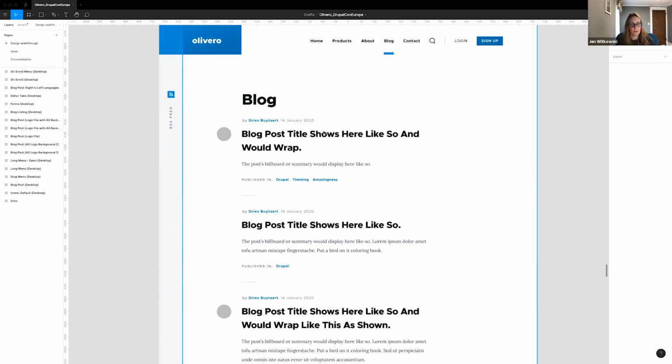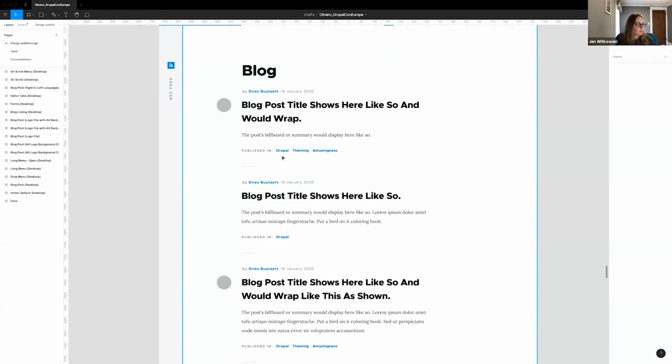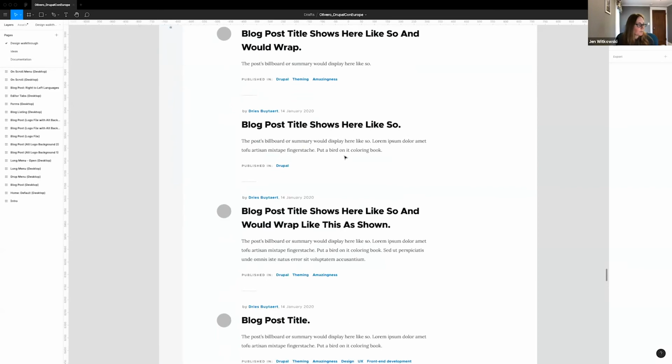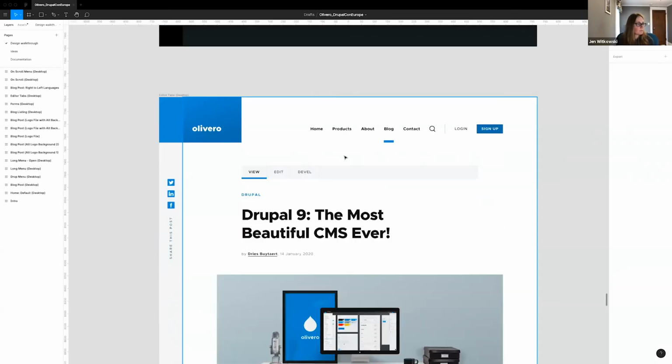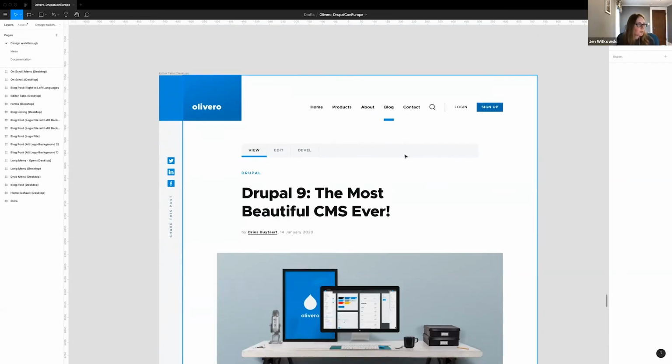So once we had the header complete, we then focused on the listing page. Our main goal for the listing page was basically to ensure that users could very quickly scan through this page. So what we did is we made titles large and prominent, and secondary content such as descriptions and tags became less prominent and smaller. When it came to the editor tabs, we kept this pretty simple and just updated the style of these so it fit more with the theme.